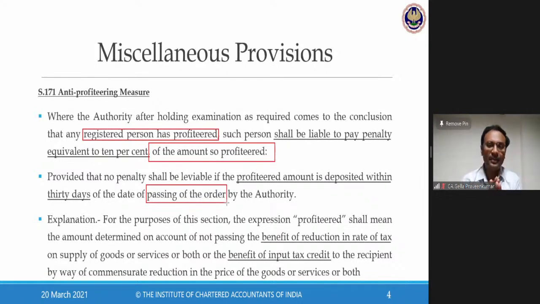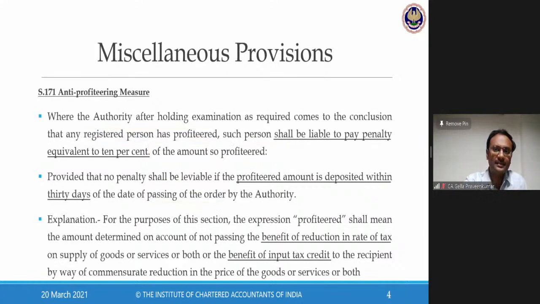Now, this money, assuming there is no person who is identifiable, will be transferred to the Investor Protection Fund. It will be transferred to a fund called the Investor Protection Fund. So state government, central government, that will be put into that particular deposit of fund. It will not be given to any individual parties.